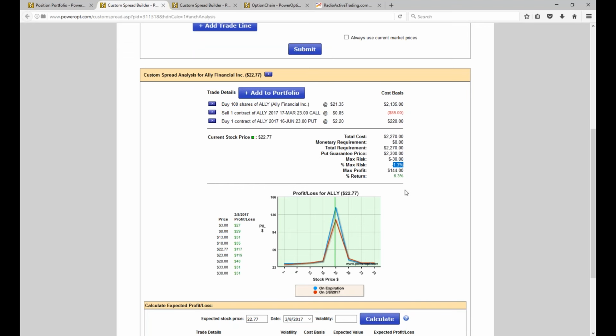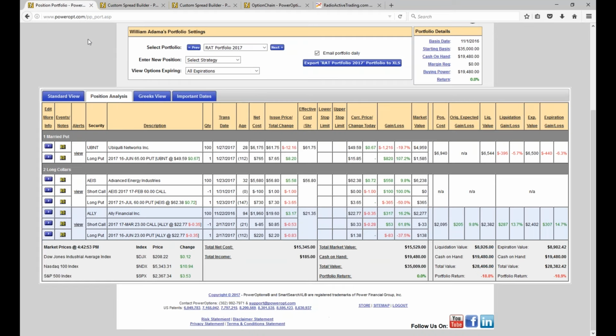I've bulletproofed the position, so I can't lose if the stock falls, and I can make about 6.3%. I think I've been in this position since December, so it's averaging about 2.8, 2.9% return per month, taking in all of January and all of February and 15, 20 days of December. Okay, but I got duped on this one, and normally I don't like to sell the call, Michael, I agree with you, but I got duped on this one.